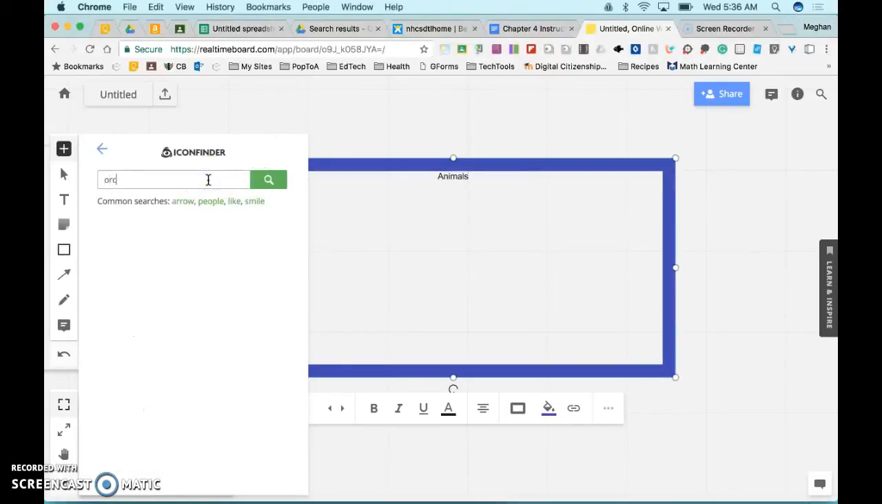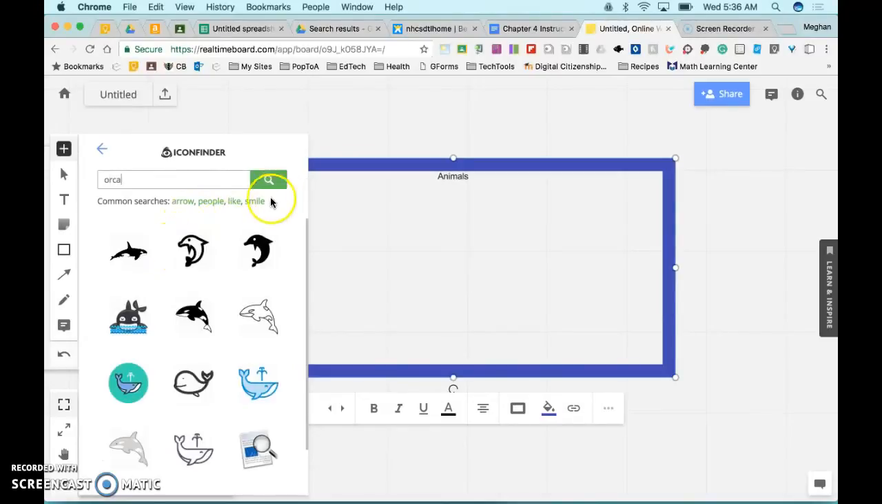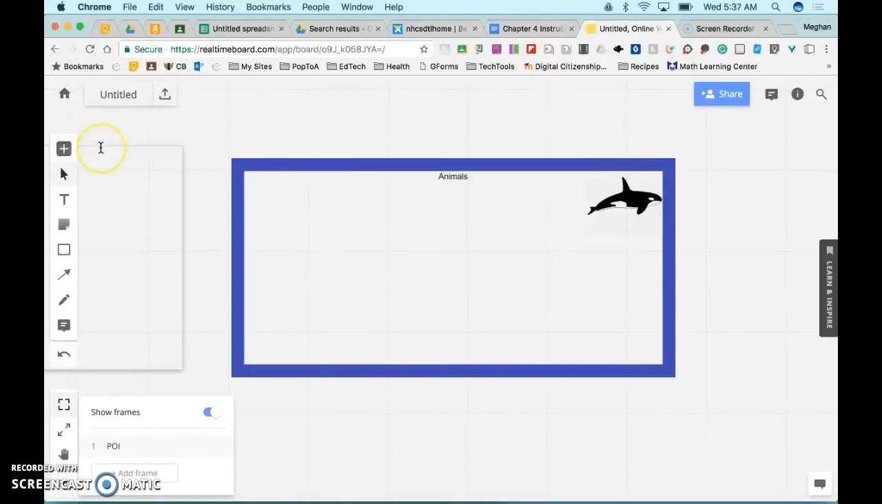I'm going to type in Orca, and I can just drag that over. So you can add all these different pictures too. It's really nice. So I think it's not very intuitive necessarily how to put this away. If I click on the plus sign again, it's going to pull that little shelf back,